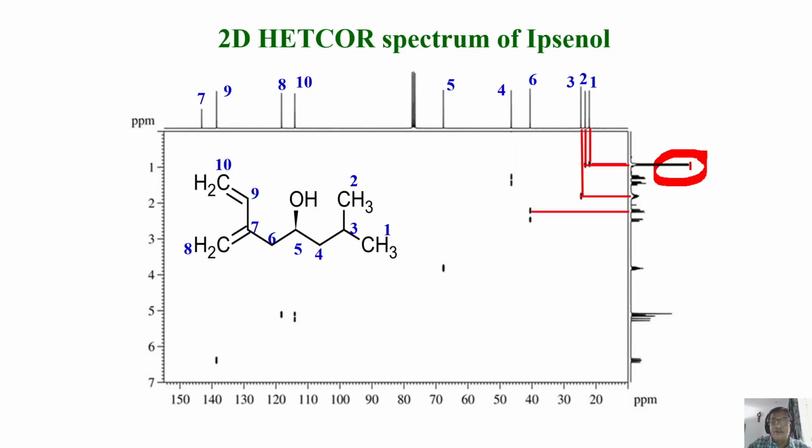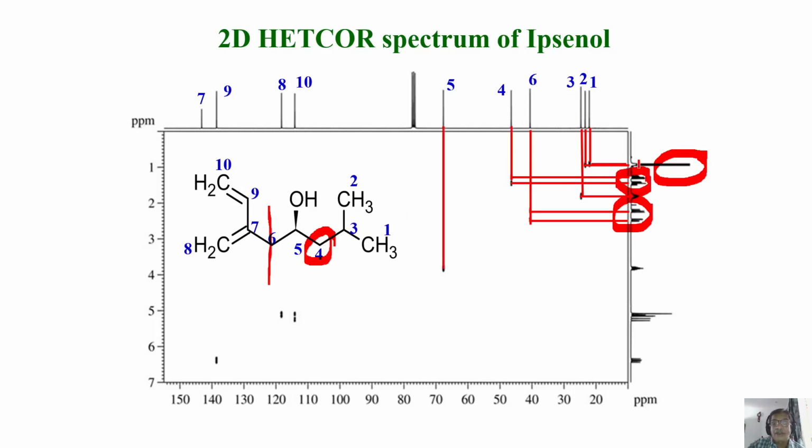See, this is this one. Now, if you come to carbon 6, it is attached to two protons. They are inequivalent, I think. You can see that one carbon peak is correlated to two protons. This information you can very easily get from the heteronuclear correlation experiment. In the same way, the proton is correlated to two peaks here. One chemical shift as far as the carbon dimension is concerned, but in the proton dimension, it has two protons. These two protons are attached to the same carbon, so it gives the same chemical shift in carbon, and there are two different peaks in the proton dimension.